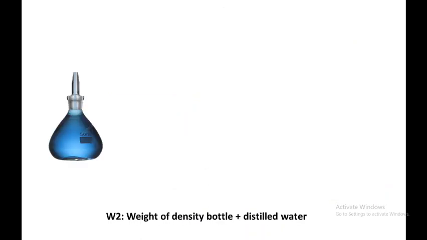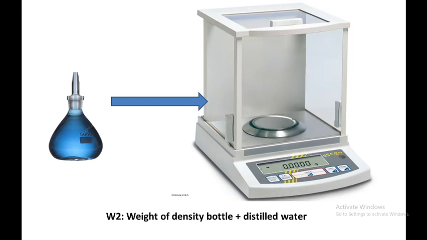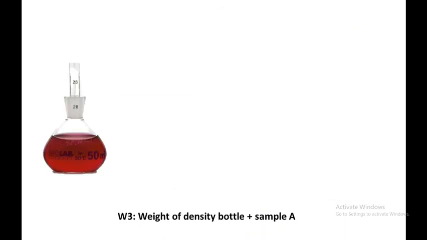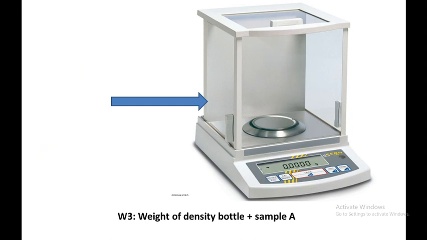Next, fill the distilled water in the specific gravity bottle up to the brim, then fit the stopper and take the weight using the sensitive analytical balance, and consider this weight as W2. So W2 is 24.317 gram. Next, discard the water and fill the liquid under test up to the brim. Fit the stopper and take the weight using the sensitive analytical balance. The weight is 29.716 gram. Consider this weight as W3. So now we have three different weights, W1, W2 and W3.